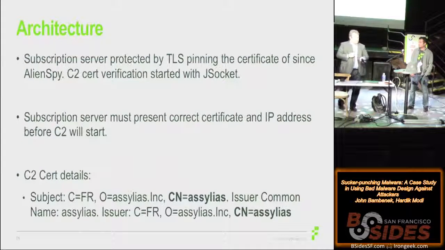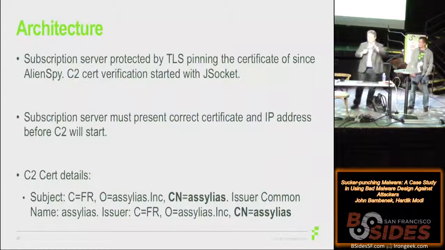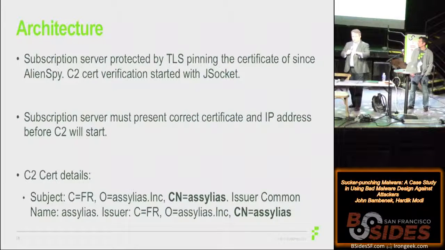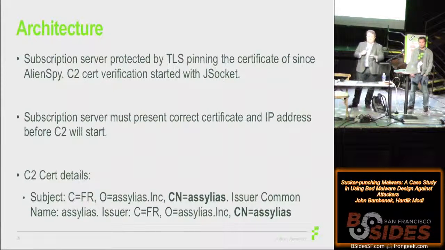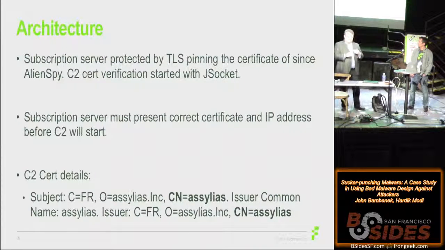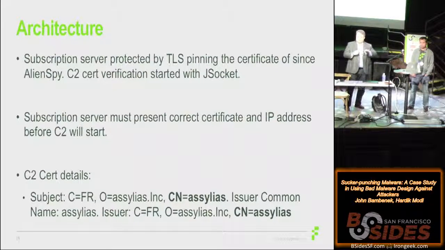So let's talk a little bit about the architecture, and we saw it on the earlier side with Alien Spy, that graphic. You had a subscription server that basically provided encryption keys and file structure and other information. There was a routine heartbeat of all the C2 panels saying, hey, am I still valid? Yes, you are, right? If that ever failed for any reason, the panel would close. That's it. You can't communicate with your victims. But they did something interesting, which is they were doing certificate pinning, where the actual certificate of jsocket.org and the IP address of the DNS name were hard-coded into the builders. So if there were any changes whatsoever, the builder would change.